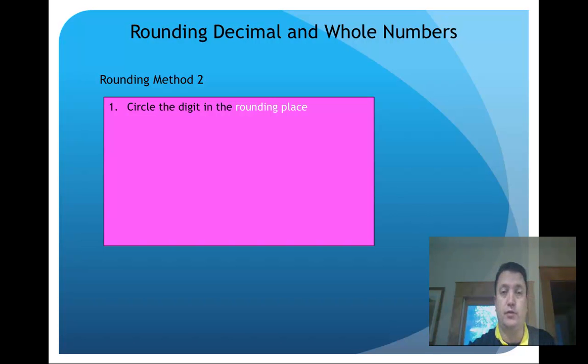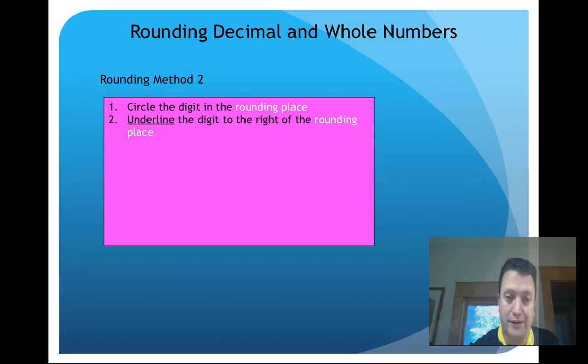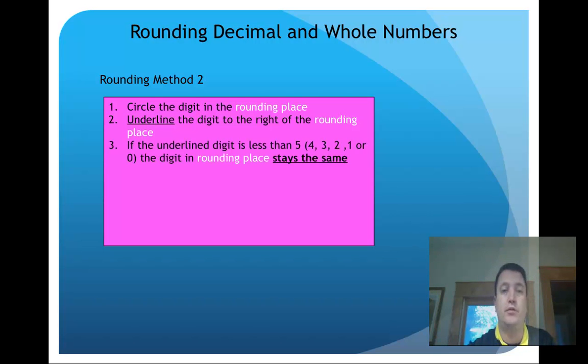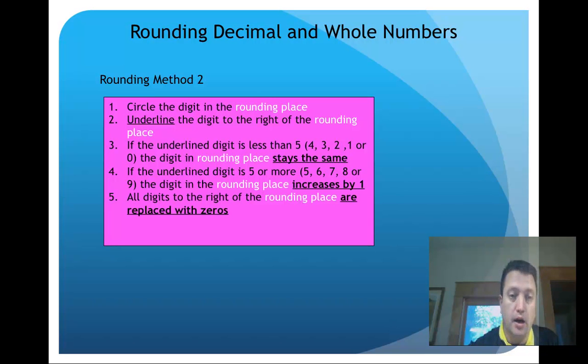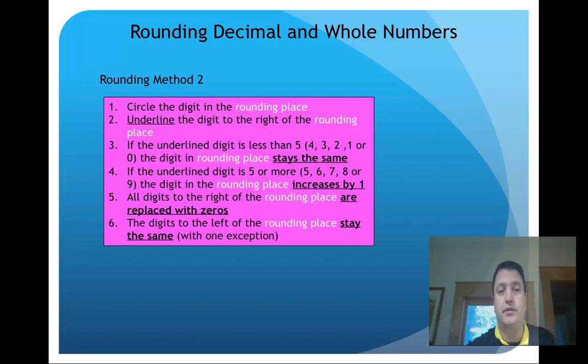So if we're looking at a number, we'd circle a digit in the rounding place. Then we'd underline the digit to the right of the rounding place. After we've done that, we check that digit. If the underlined digit is less than 5, which should be 4, 3, 2, 1, or 0, the digit in the rounding place stays the same. Okay? If the digit is 5 or more, as in 5, 6, 7, 8, or 9, the digit in the rounding place increases by 1. All digits to the right of the rounding place are replaced with zeros. The digits to the left of the rounding place stay the same, and there is one exception, and I will cover that with you. Check out this awesome